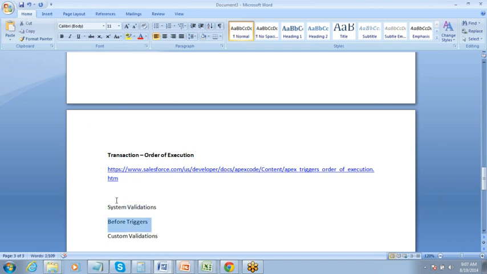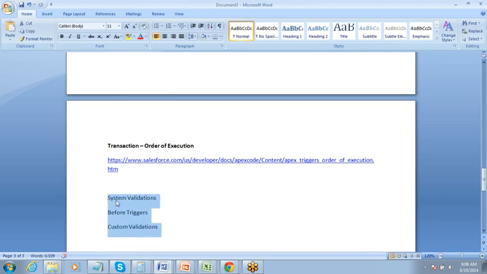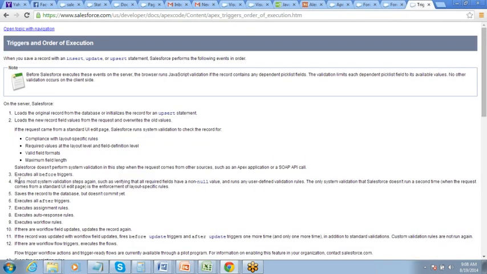Second, your before triggers will be checked: before insert, before update, before delete. Then custom validations. What are custom validations? These are the validations which you have defined, the validation rules that we have learned. Those will come into the picture. If it clears these three stages, 1, 2, 3, then